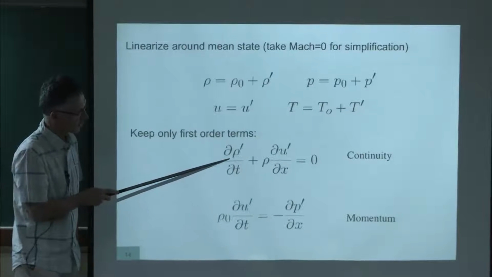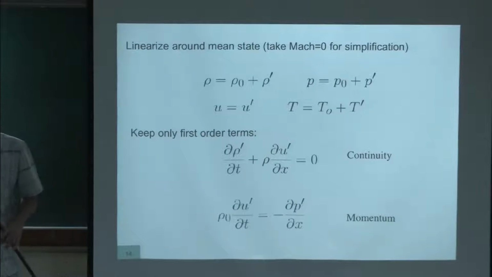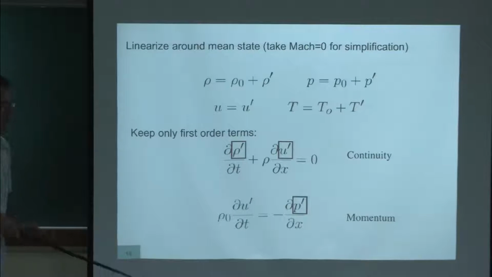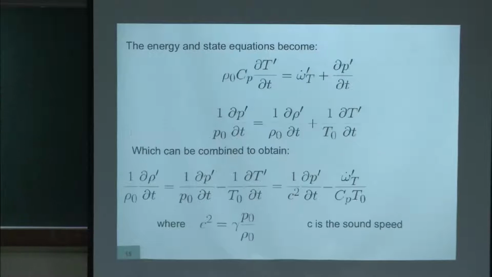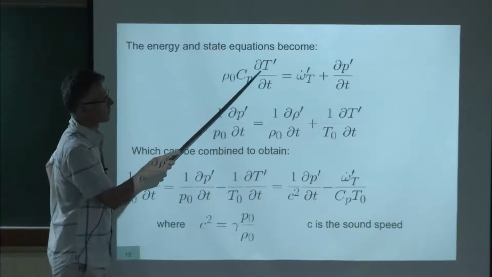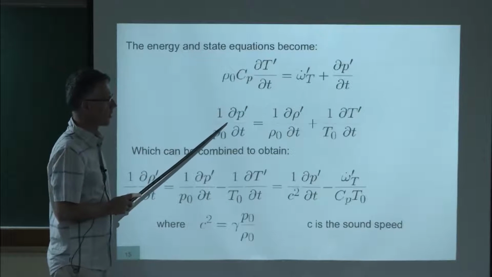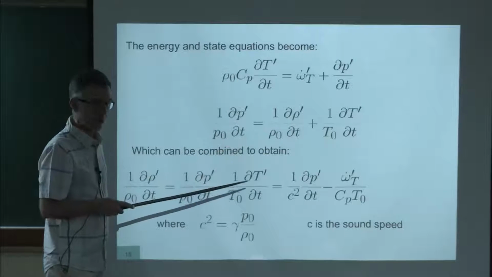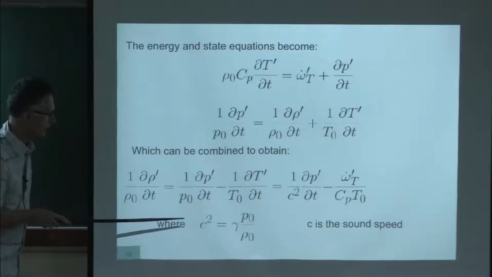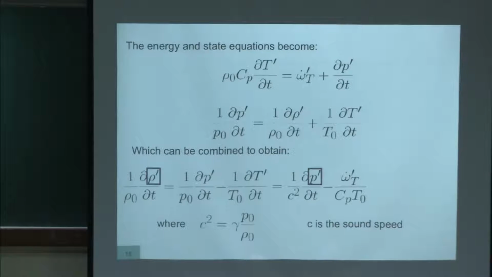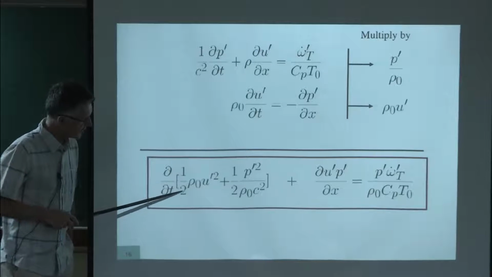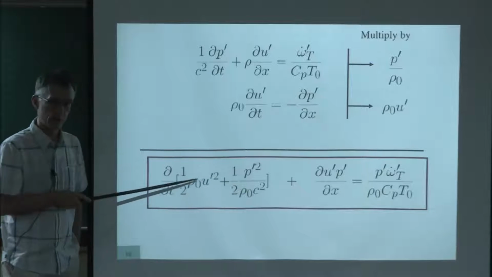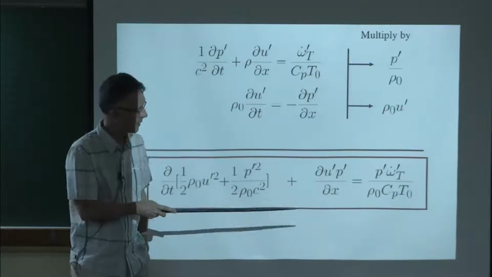So you're left with the continuity equation and the momentum equation which we had before. Nothing new there. But then the variables will be rho prime, u prime, and p prime this time, because p prime is not anymore related to rho prime like it was for the isentropic case. And the temperature equation is this one for perturbation. You also normalize the state equation, and when you combine all that and you introduce the sound speed, you end up with this very cute equation here, which is almost the one we had before: d/dt of this thing, which is the acoustic energy, plus the flux, equal a new term here.